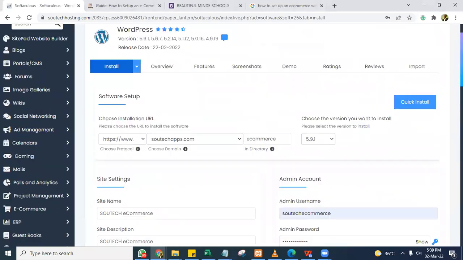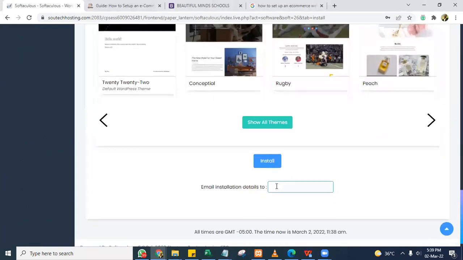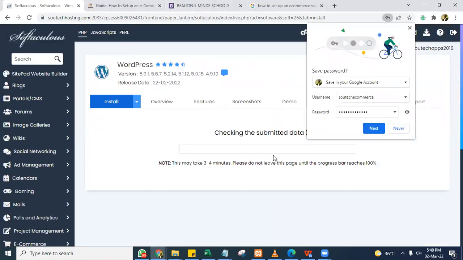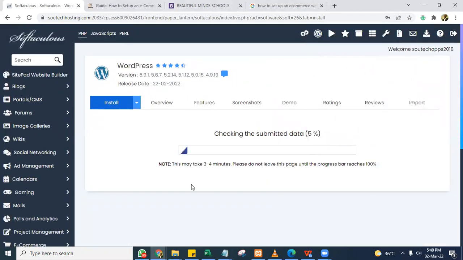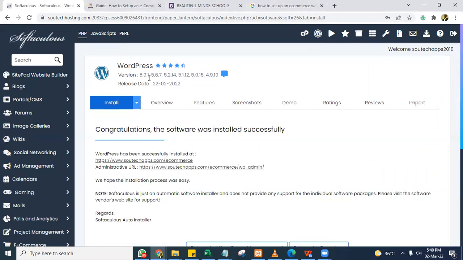So if you have filled all of these details, the next thing you want to do is to click on the install button. Once you click on that, it's going to install WordPress within seconds. We've installed WordPress before, so this is another chance for you to understand that if you want to install WordPress on your cPanel, you log on to your cPanel account, you go to Softaculous, and once you click on